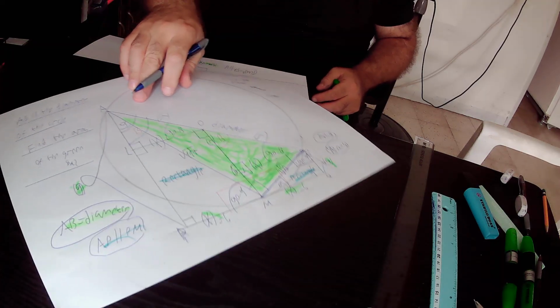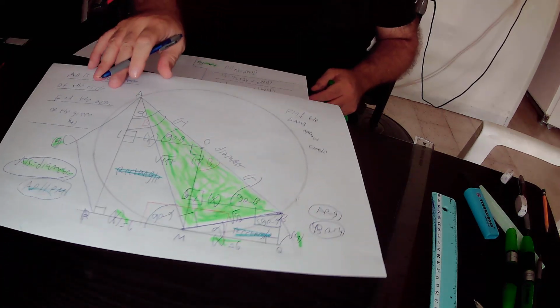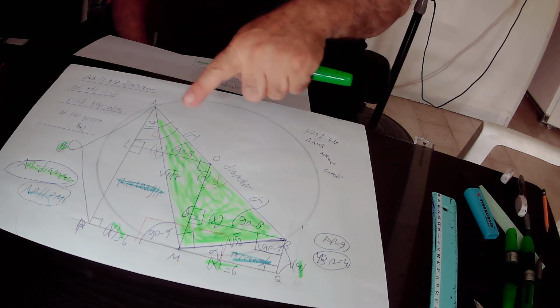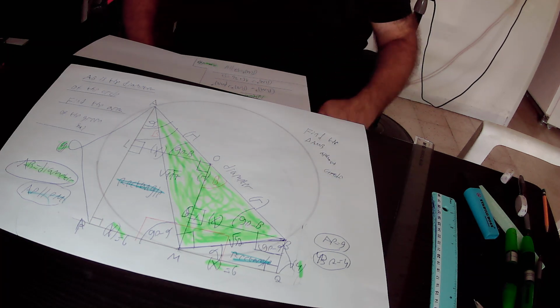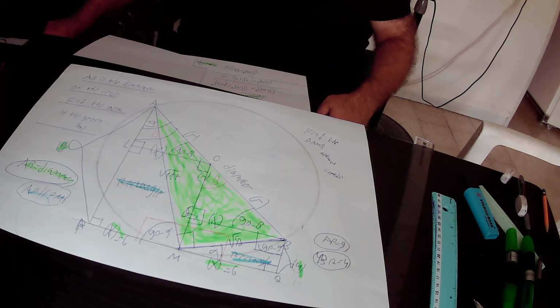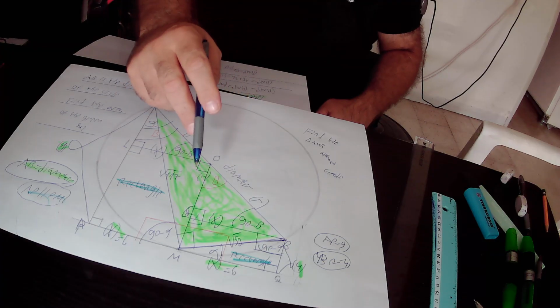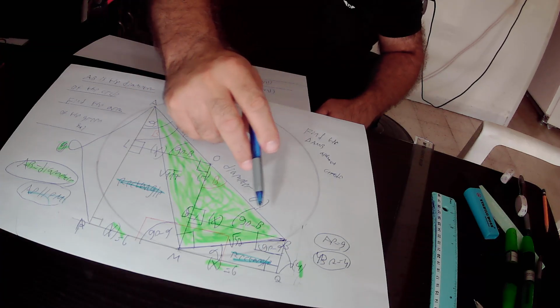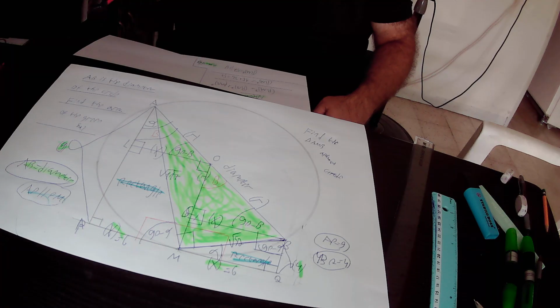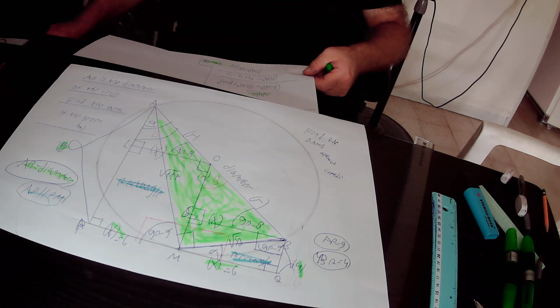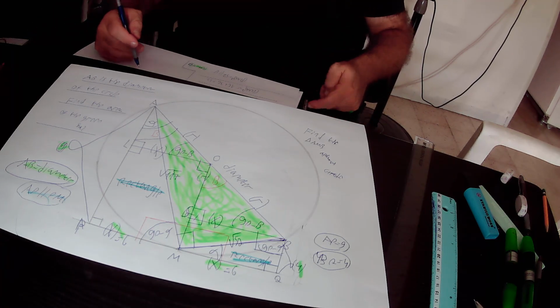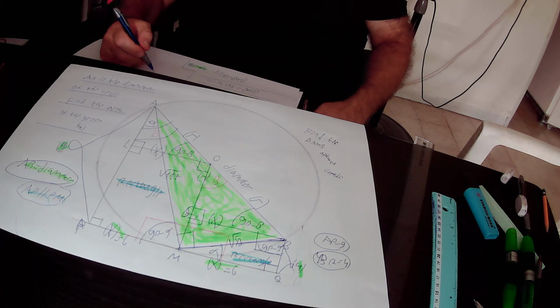Our task is to find out the area of this green shape. The green shape is actually the right triangle ABM. And we know that the area of any triangle equals the base of the triangle times the height over 2. We choose the base as BM. It will be equal to the base BM times the height MA over 2. So the area of the green right triangle ABM, the area of the green shape